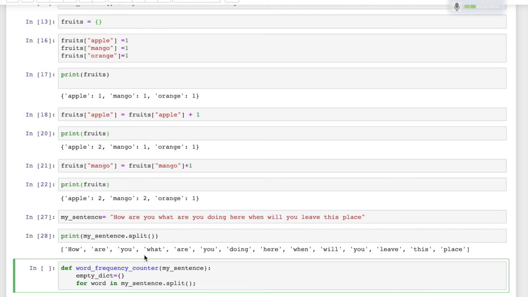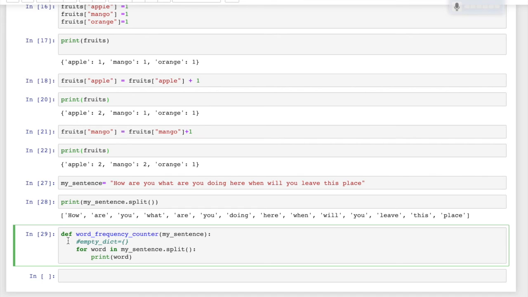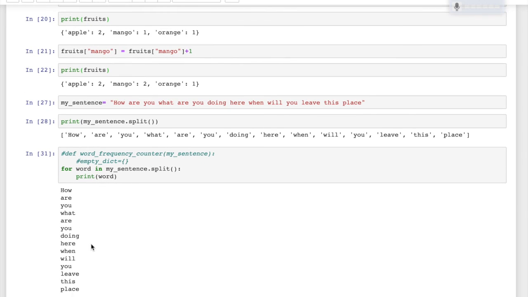If I make this my sentence dot split, you can check it here. See, this word stands for every word in the sentence.